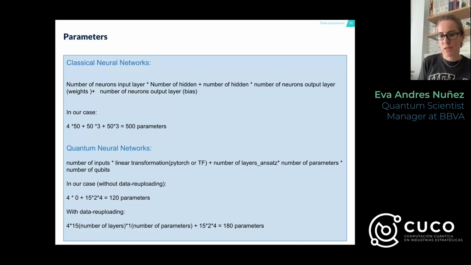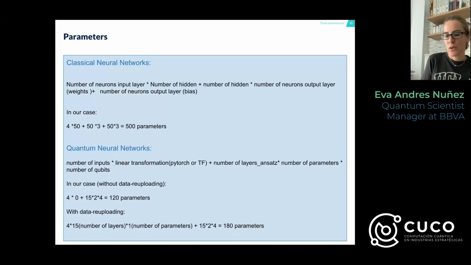The difference is that we are adding other learning parameters, other weights, also in the encoding layers, not only in the ansatz layers, and we also repeat the encoding layers several times, not only the ansatz layers. Because in the first approach we repeat the ansatz layer several times, but in the second approach, using data reloading, you can repeat